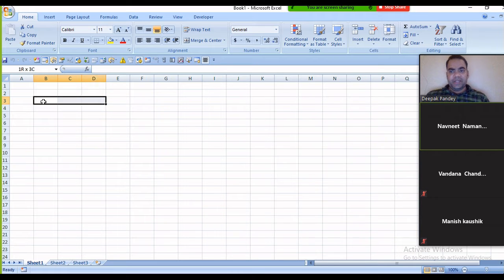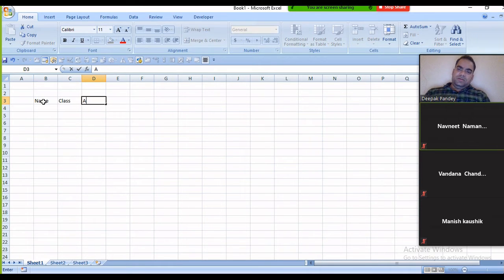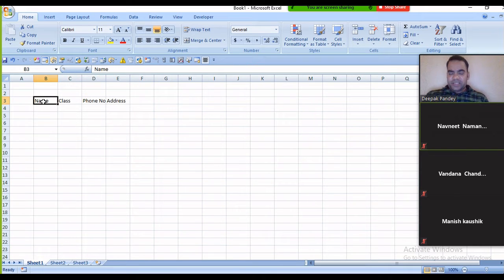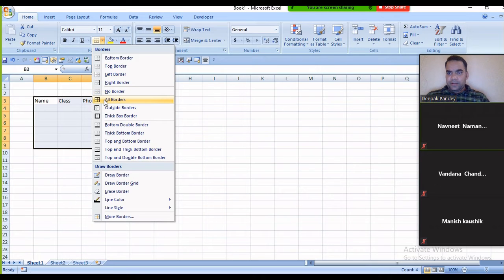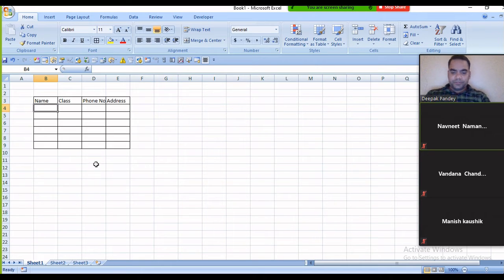For that, we have to have some data like name, class, phone number, and address. This is our record, and we input some records.